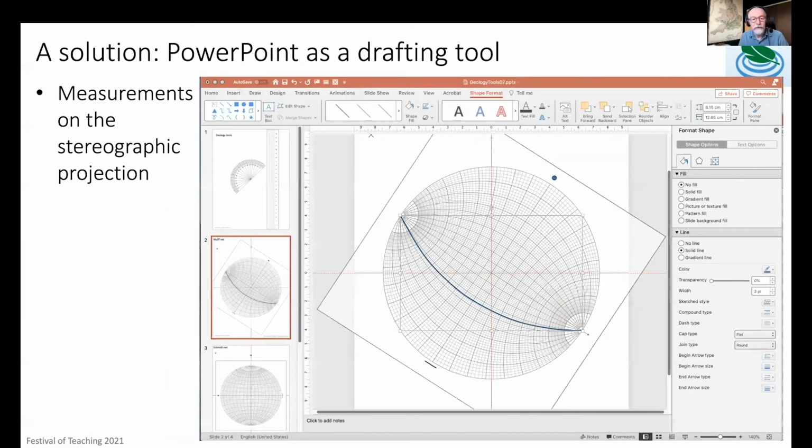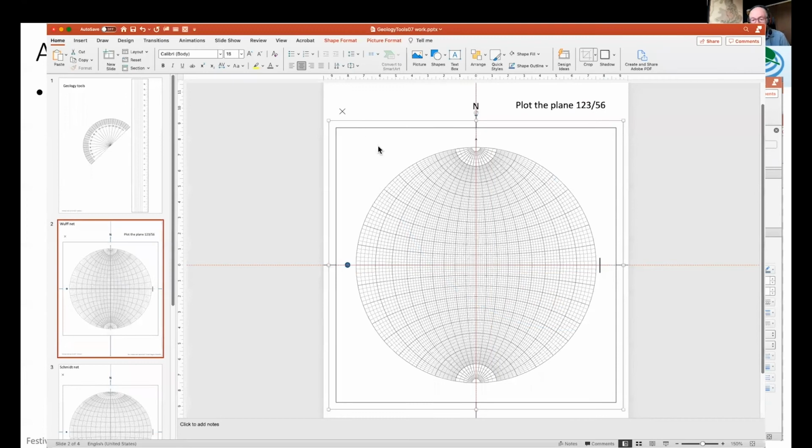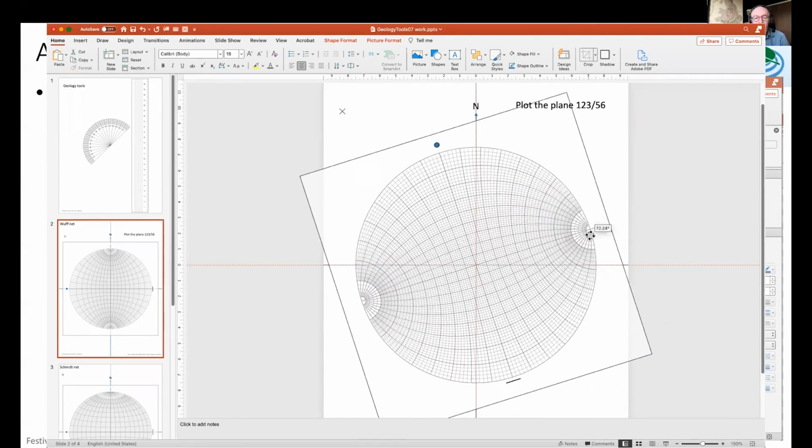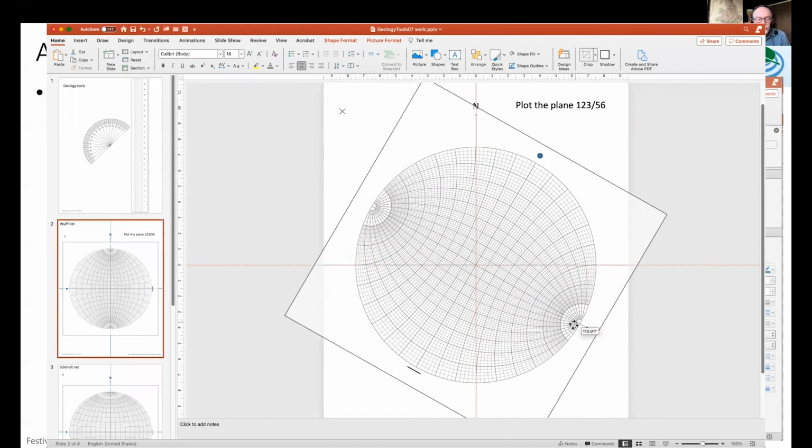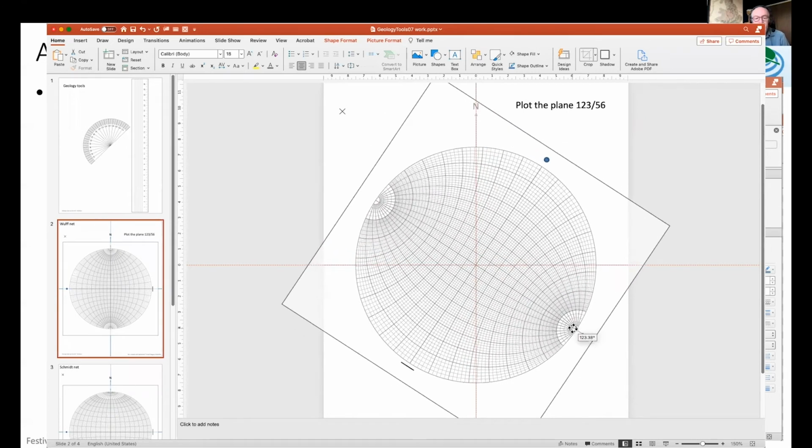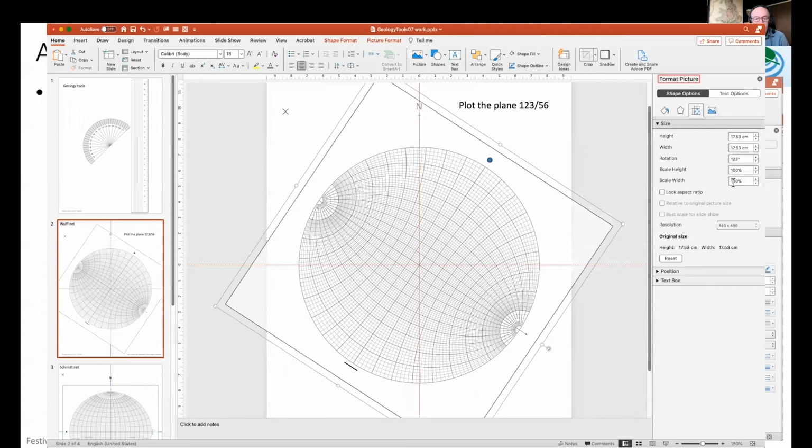We also discovered that the stereographic projection exercises could be moved into PowerPoint. And in some ways, these actually work better in PowerPoint than they do using tracing paper and the traditional methods. One of the reasons for that is that using the traditional methods, it's very difficult to turn the 3D protractor around while you keep your projection on your tracing paper stationary. And so the students have constant frame of reference battles because north gets turned around in all different directions.